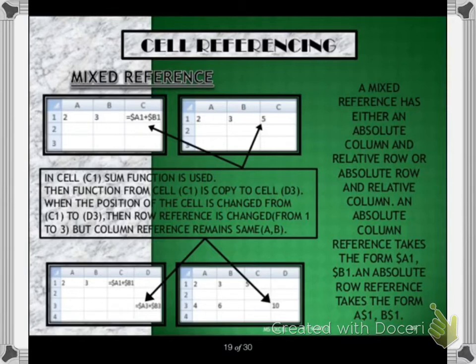Now, mixed cell reference is a combination of absolute and relative reference, like $A1 plus $B1. See, here we are not using a fully absolute reference. $A$1, that is absolute. But $A1 means any row in column A, we are not pointing to a specific cell ID. The difference between mixed and absolute is that absolute is more precise, whereas mixed is not. It can only point to an absolute column, not to an absolute cell with a unique cell ID. If you want an absolute cell with a unique cell ID, you have to use $A$1, which becomes an absolute cell reference.